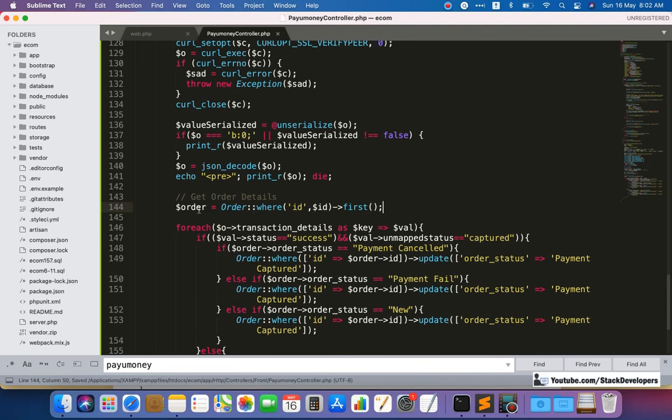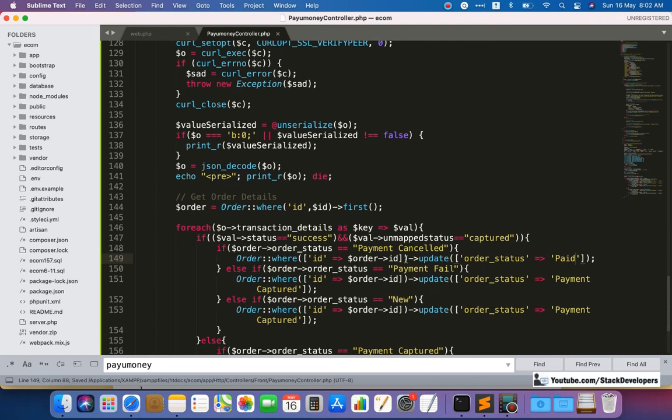Okay, so now we are able to check if the order status is cancelled, or we can say it is payment cancelled, then we are going to update the status to paid.